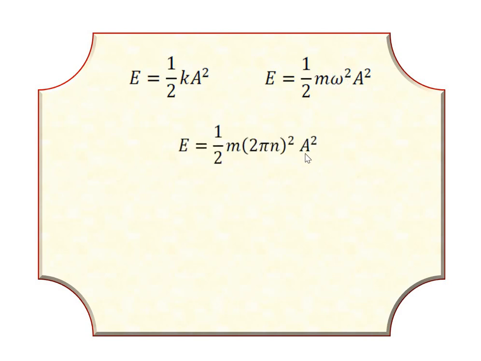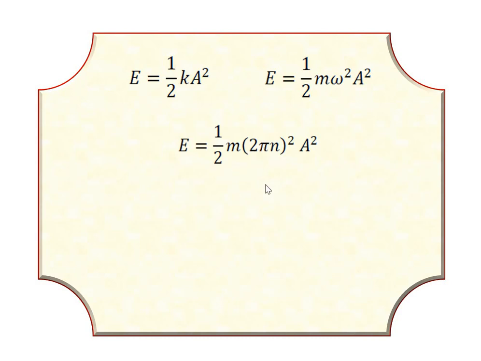Now this total energy formula we simplify again, to get it in terms of the frequency and its time period. The total energy has the formula 1/2 k into a square, so E equals 1/2 k, where k becomes m omega square, into a square. This omega term we can write in terms of the frequency, so E equals 1/2, m as it is, omega that is 2 pi n bracket square, into a square. 2 pi n bracket square means 4 pi square n square.